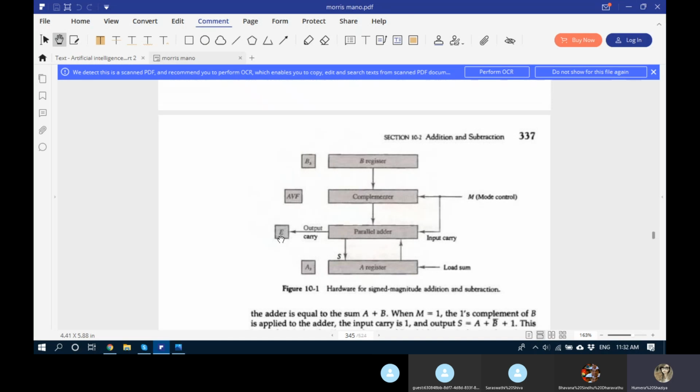And E, if you remember, E is an extended flip-flop that holds the overflow bit. Whenever there is an overflow, that value you store in E, or it can be carry also. You can also store a carry. AVF is overflow flip-flop,